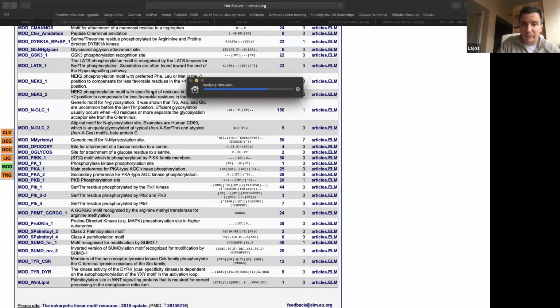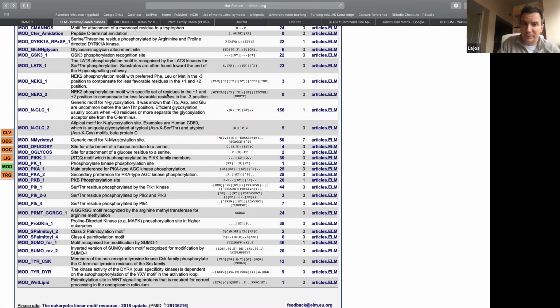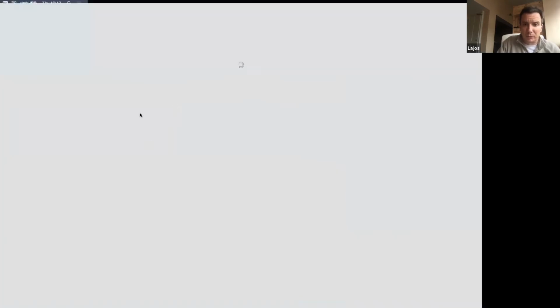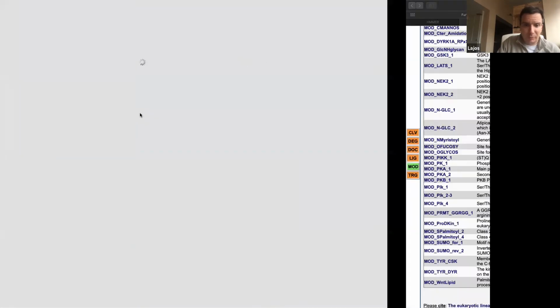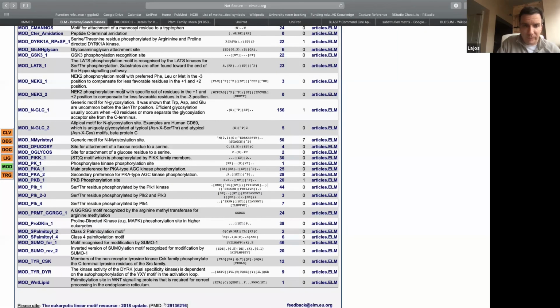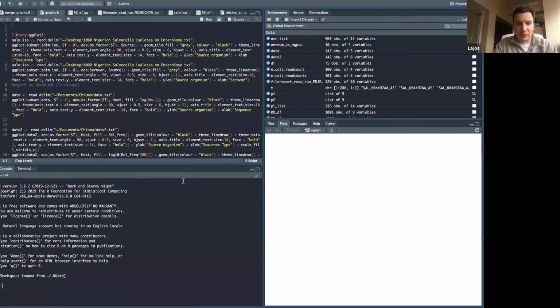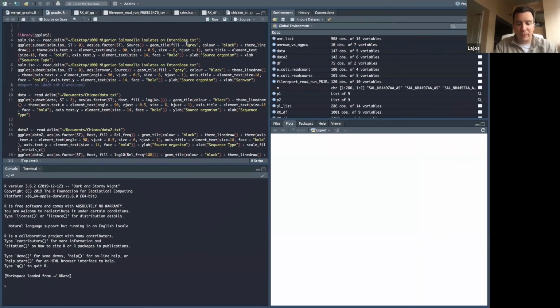And use our, oh, my RStudio, I think, is updating, but it's here now. So let's just do a simple thing here. I will use this modification site. I'm just simply copying the pattern. As you all remember,